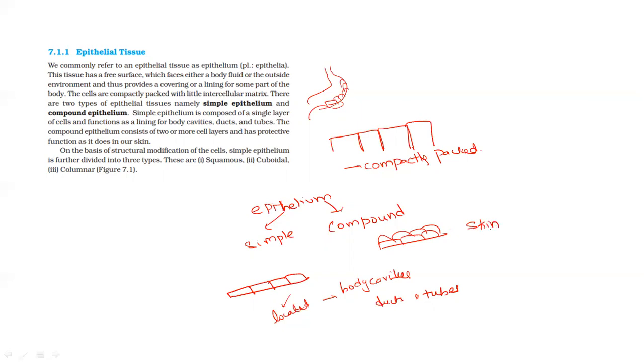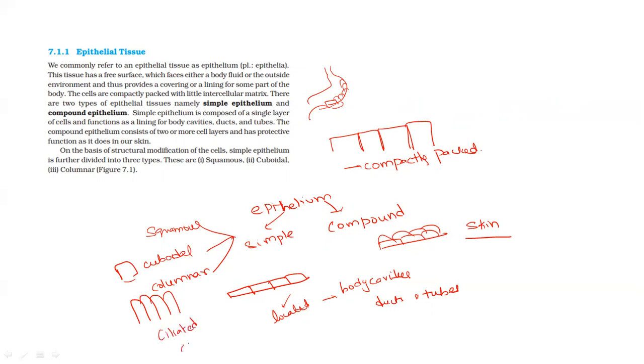So where is compound epithelium located? In the skin. And now the simple epithelium is further divided into three types: squamous epithelium, cuboidal epithelium, and columnar epithelium. By the name itself, you can guess: squamous means square-shaped, cuboidal means cube-shaped, and columnar will be like columns. It can have cilia,